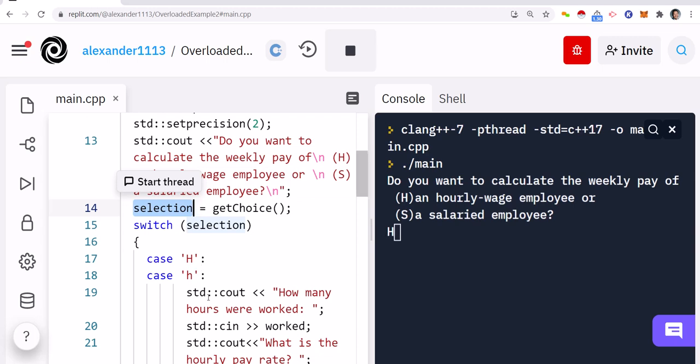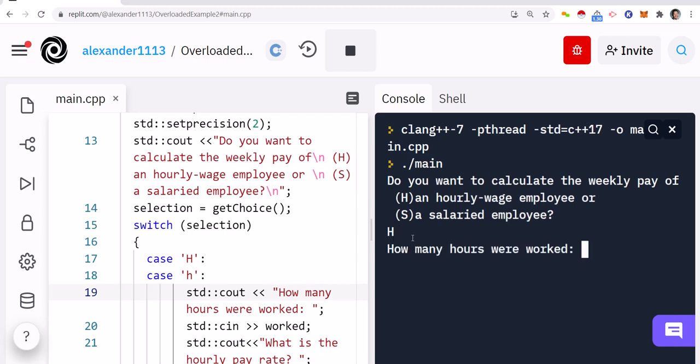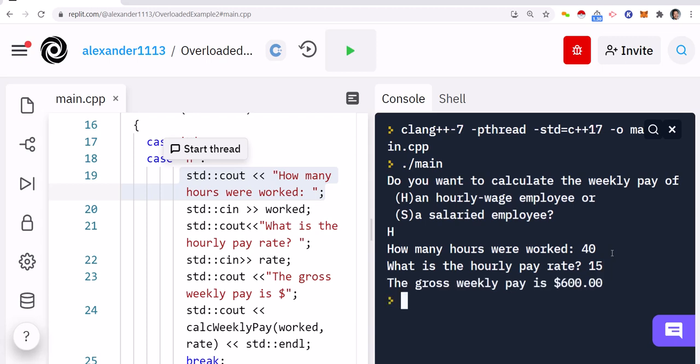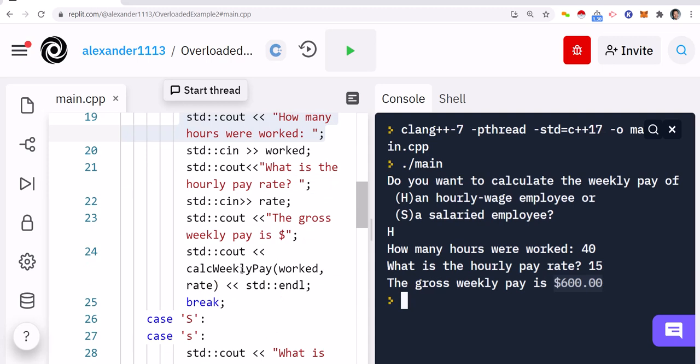And then I'm going to get additional questions, right? So I'm going to press enter. And then now I'm over here in this case. How many hours were worked? Okay, so I'll just put 40 hours, standard. And then we'll just put $15 per hour, right? So if I do that, then the gross weekly pay is calculated by my calcWeeklyPay